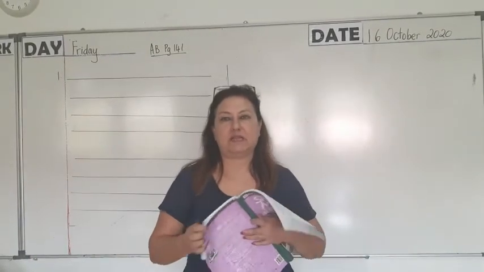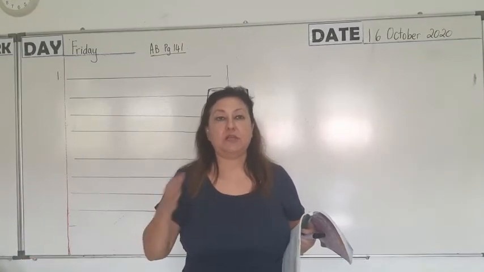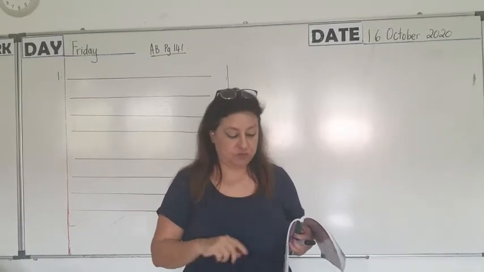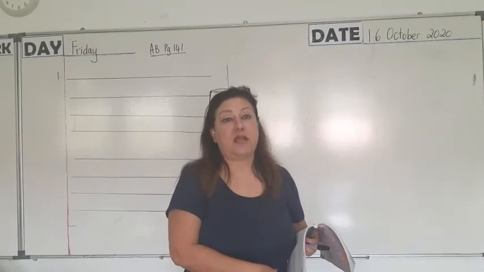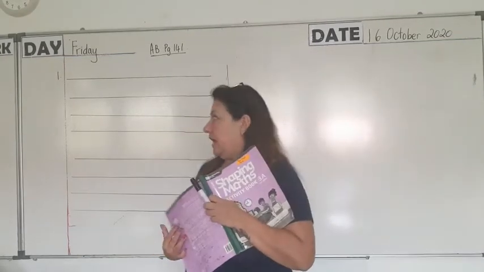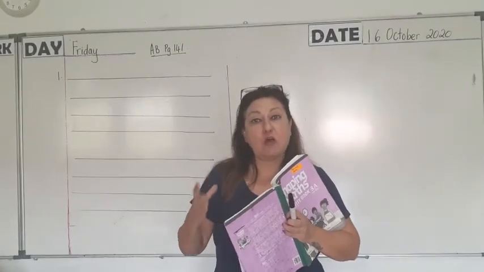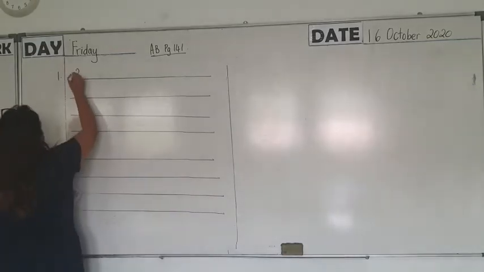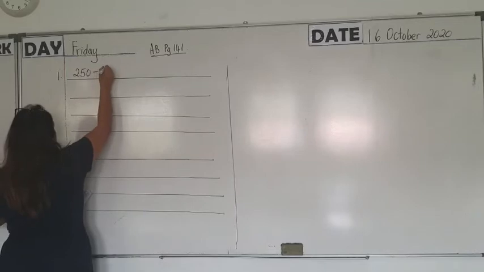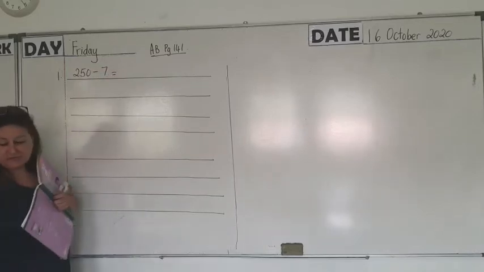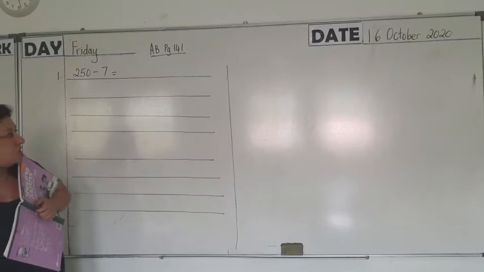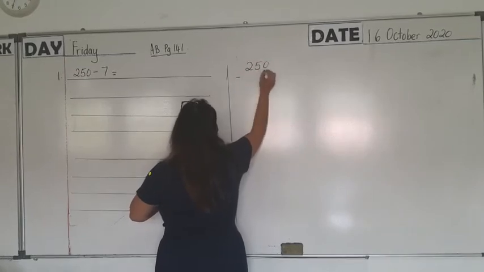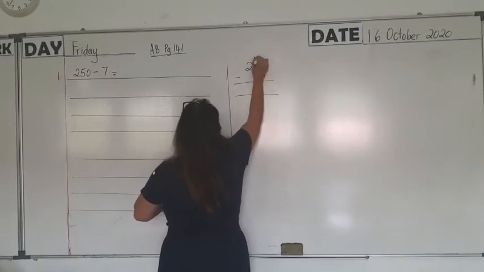Now you must try to understand the problem. She has a certain length of ribbon. She cuts it up equally, and then she has a balance of 7 cm left. Now they want you to find out how many strips of 9 cm did she get. Now first, before we do that, we need to find out how much did she divide. So she had 250 and she had a balance left of 7 cm. So you minus off the 7 cm first from the total number. Okay, so 250 minus 7, you will get